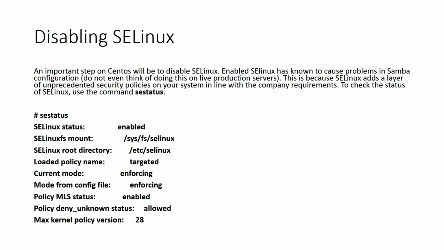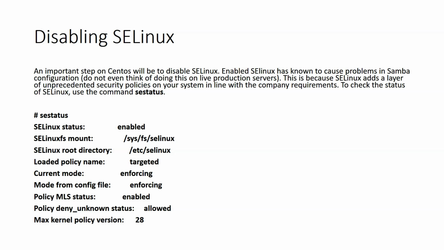Disabling SELinux. An important step on CentOS will be to disable SELinux. Enabled SELinux is known to cause problems in Samba configuration. Do not even think of doing this on live production servers. You will get into a lot of trouble. This is because SELinux adds a layer of unprecedented security policies on your system in line with your company's requirements. To check the status of SELinux, use the command sestatus